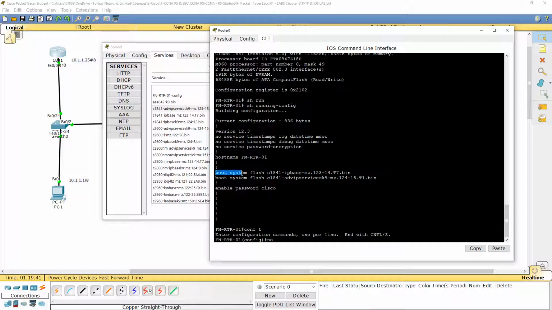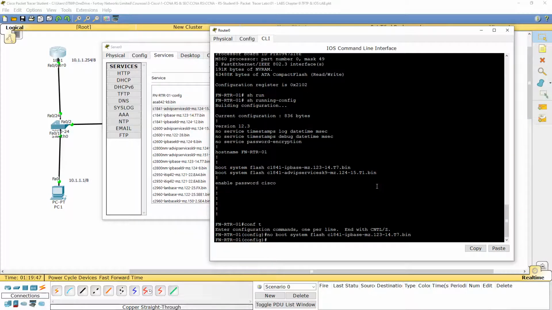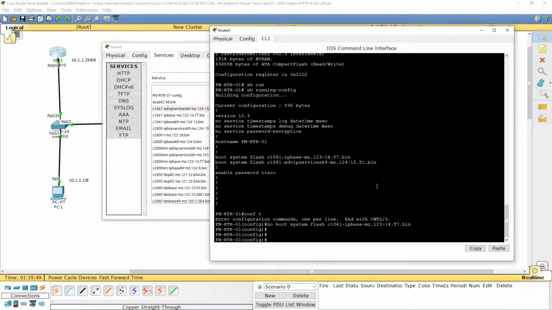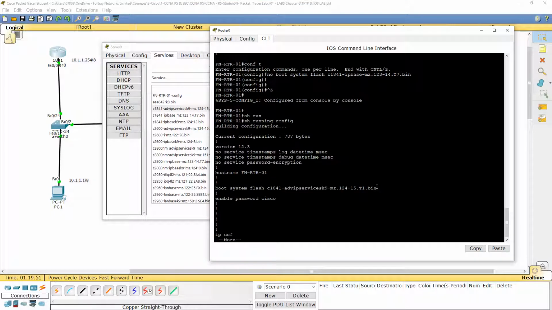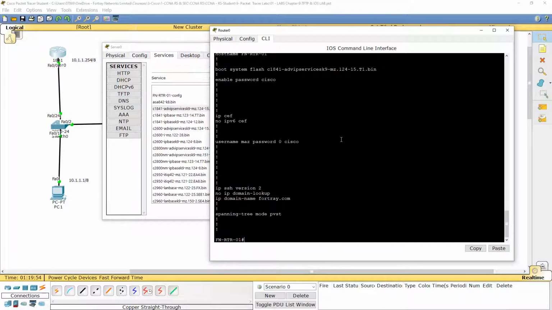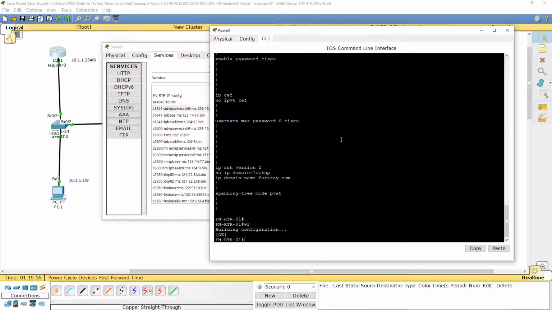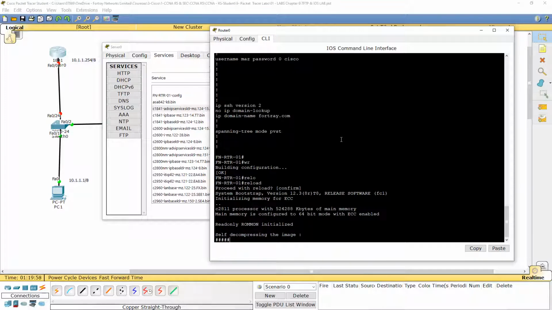No, copy from here and paste it in. Okay. Now there is only one command. See, boot system, and when I reload it, it should come back with the advanced one.